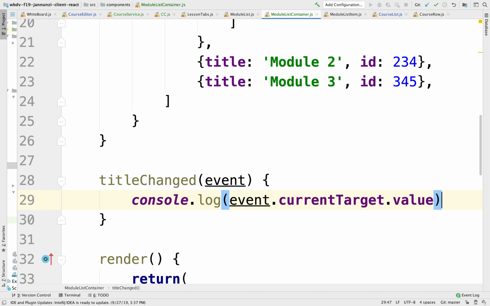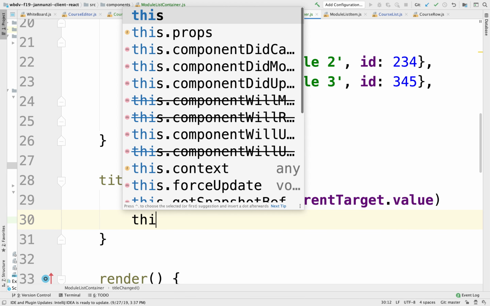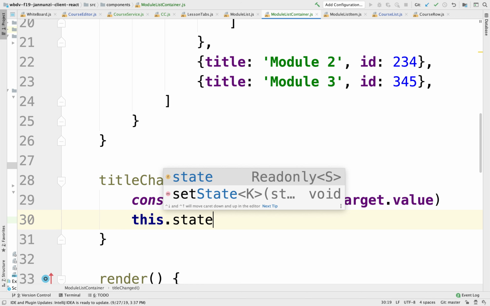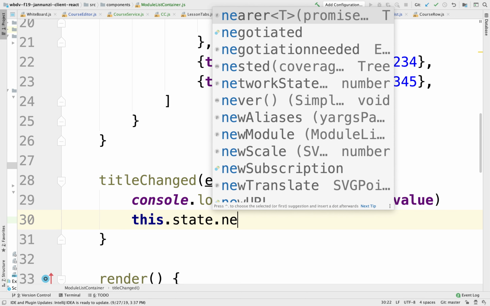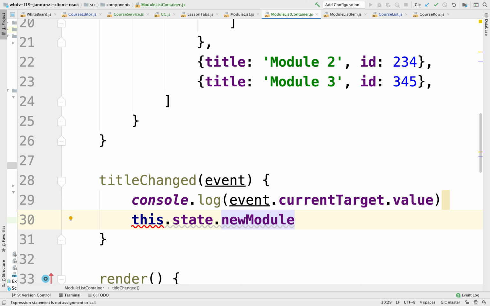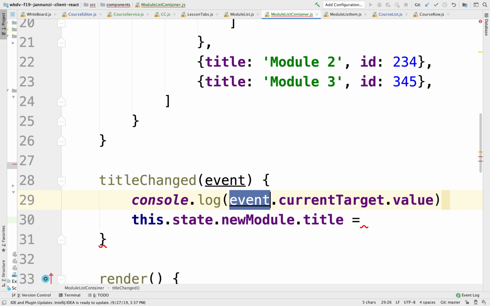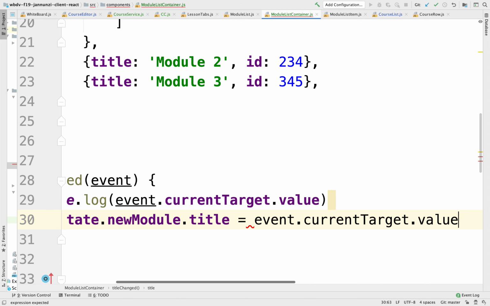One way that you could do this, we would say something like this.state.newModule. You would think you would do this, right? This would make total sense. this.state.newModule.title is equal to this. So this would be the first naive way that you would think to do this,